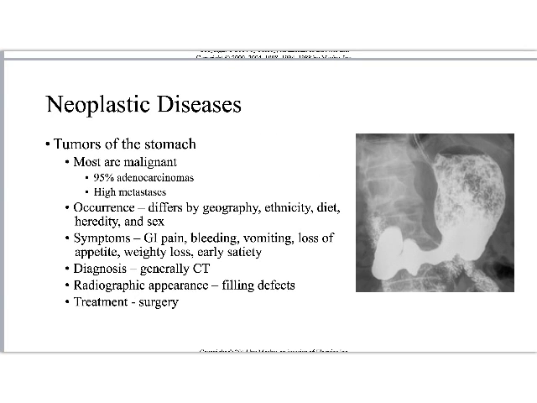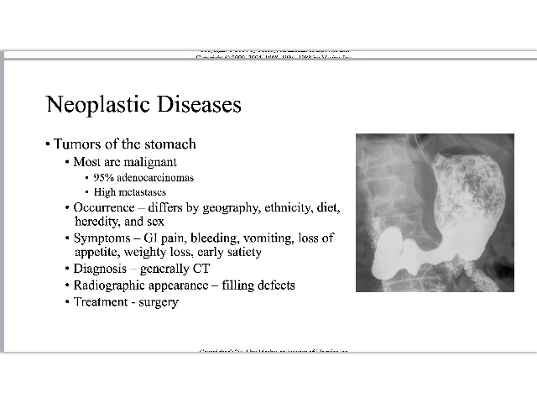Okay, we're winding down towards the end here. Just got 3 or 4 more slides. But let's talk about neoplastic disease. The first that I'm going to mention is the most rare of them, but I'm going to mention it for some reasons. Normally, tumors of the stomach are malignant. So about 95% of them are adenocarcinomas. They are carcinomas, right? They have a high incidence of metastases. They are largely